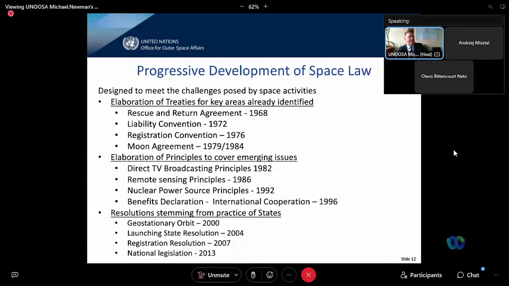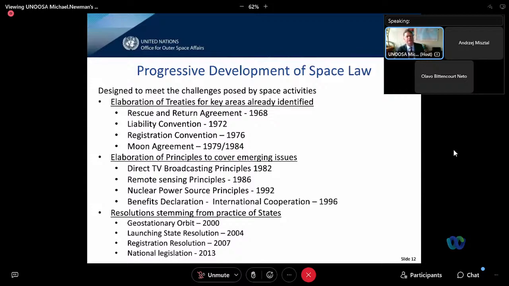And we see this as the progressive development of space law. We see the elaboration of these treaties out of these already identified areas. As I mentioned, the Rescue and Return Agreement, 1968, the Liability Convention, the Registration Convention, all had their root in the Declaration, in those very first ideas. And that was, of course, to find a way to ensure that through those basic principles, space activities would be considered a legal activity done for peaceful purposes and in accordance with international law. This was the treaty-making era into the 1970s.